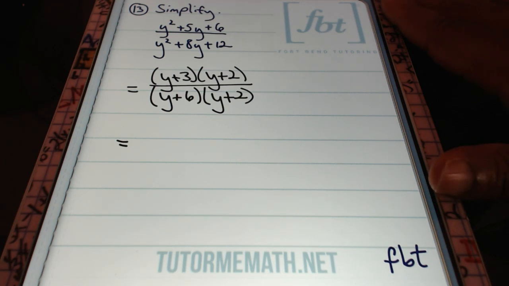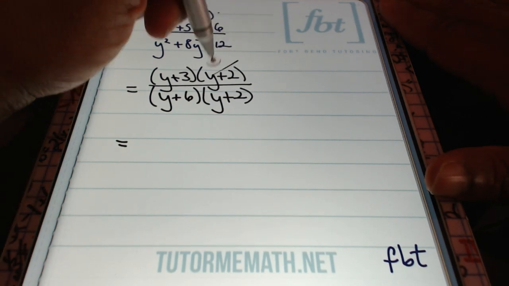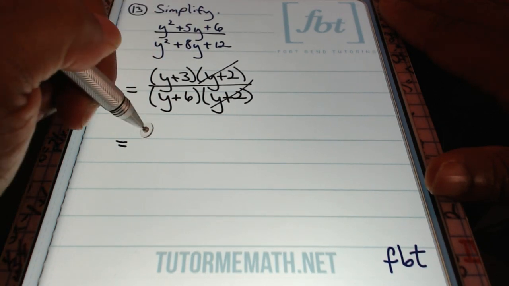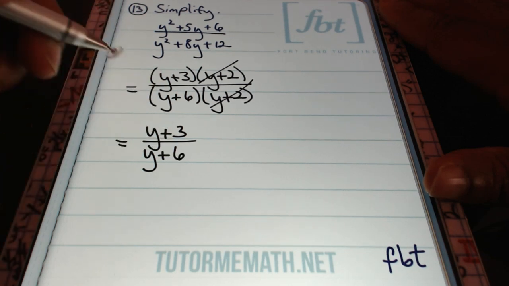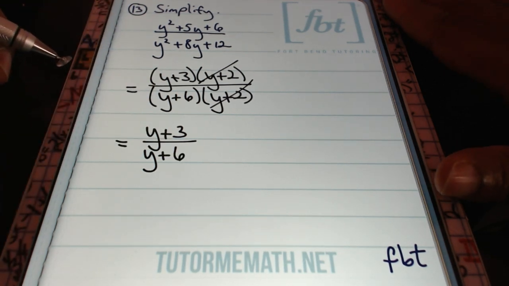Once we have everything multiplying and dividing here in problem number 13, we will be able to simplify, cancel out those like factors, the identical factors that we have in our rational expression. And you know what? We can kill the y plus 2s. They're dead. They're gone. And because y plus 3 and y plus 6 are not identical factors, the binomials,